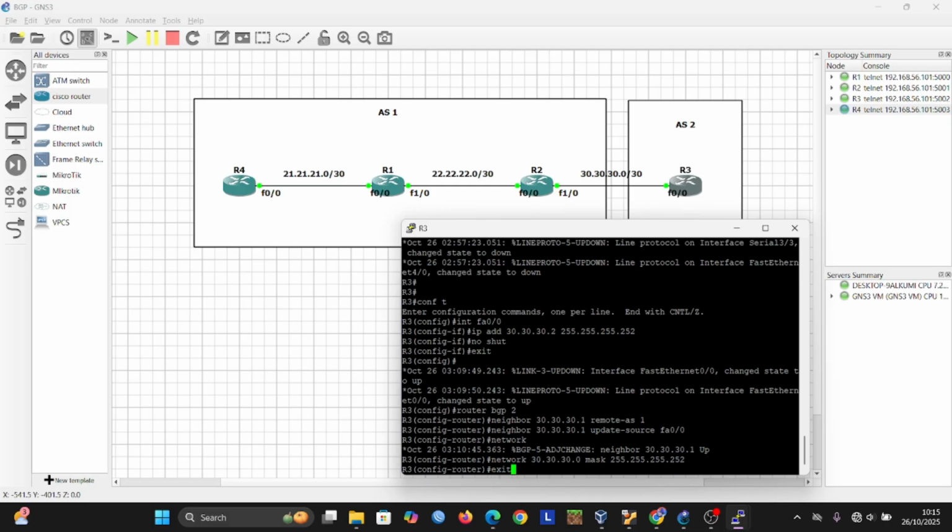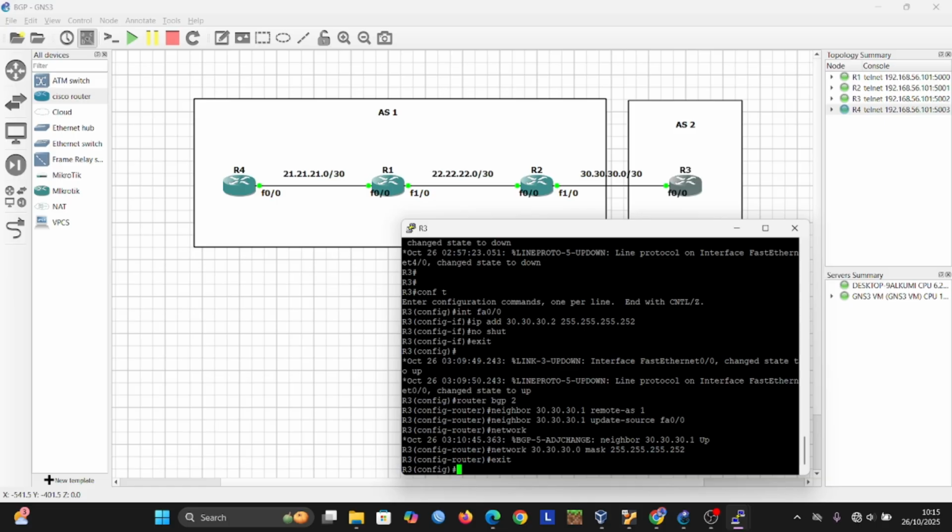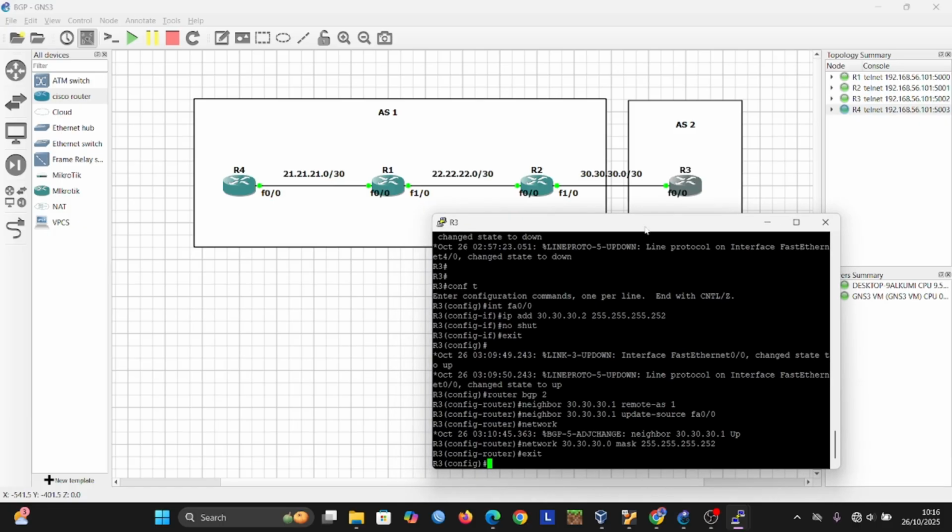This configuration has a problem. We cannot ping from router 3 to router 4, because they are in different areas, area 1 and area 2.